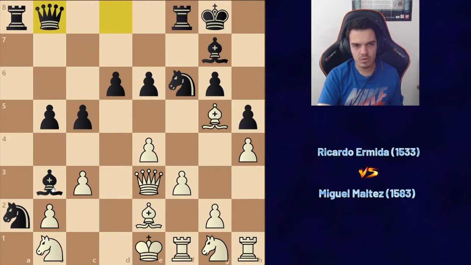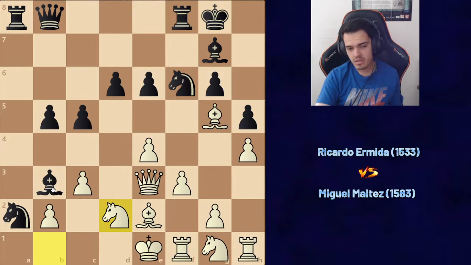He played queen b8, which I don't remember what I thought about this move, but maybe he just wants to push through with b4 and crash through the queen side and attack me that way, which makes sense. And here I played knight d2, attacking the bishop. He didn't move his bishop,